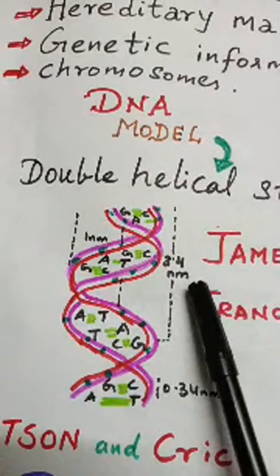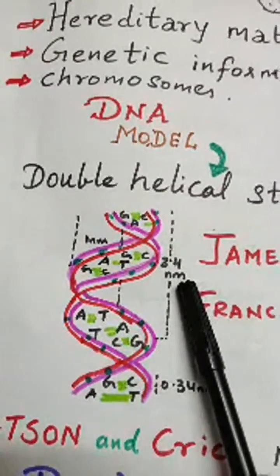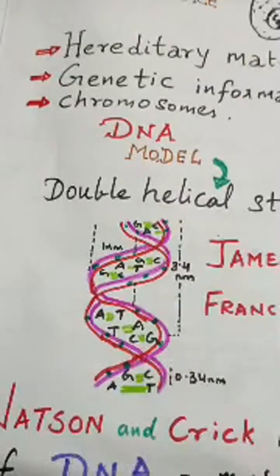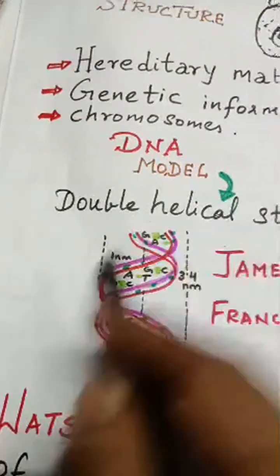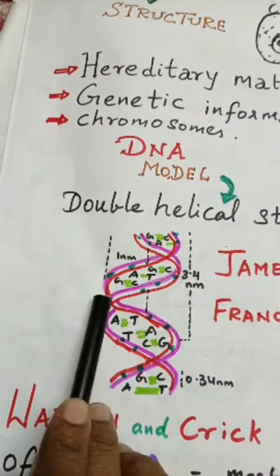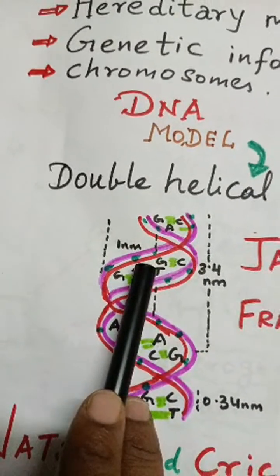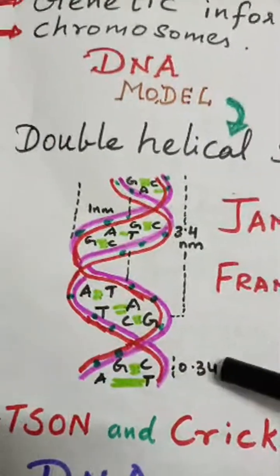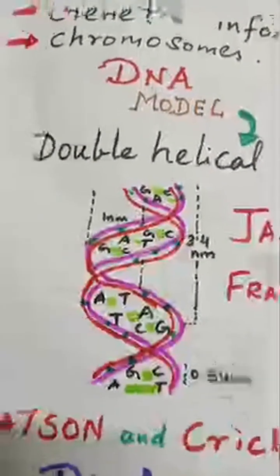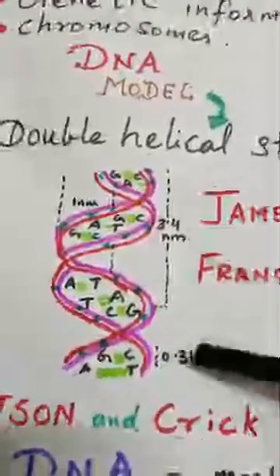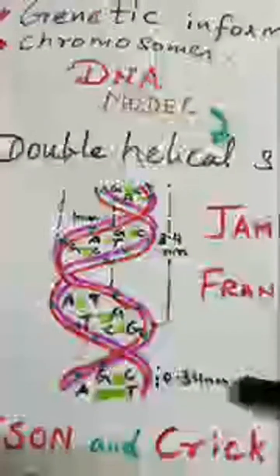It is 3.4 nanometer. Understood? And then the distance from the center to the corner is known as the 1 nm distance. Understood? And then the distance between the bases along the helix is known as 0.34